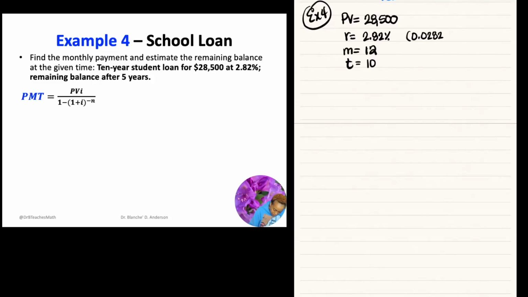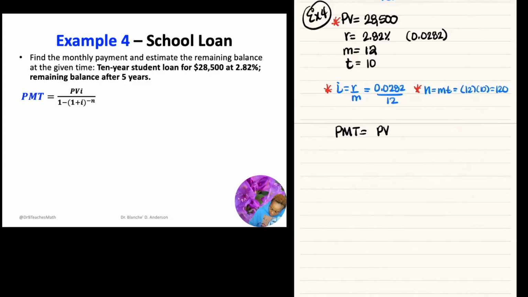0.0282, right? Yep. And so my i is r over m. So that's going to be 0.0282 divided by 12. And your n is m times t. So that's going to be 12 times 10, which is going to be 120. Okay. So we have our present value, we have our i, and we have our n. So now we can complete the